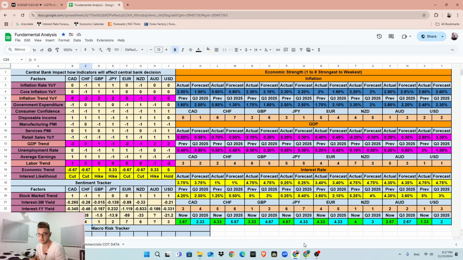I really like numbers. It's much easier for me to analyze numbers rather than ideas, or how it's moving, or a philosophical or historical point of view. I just like numbers much more, but I understand the narrative behind it. Okay, so how I rate these things: from an inflation perspective, I rated how likely it is for the central bank to react on inflation and GDP and the labor market.